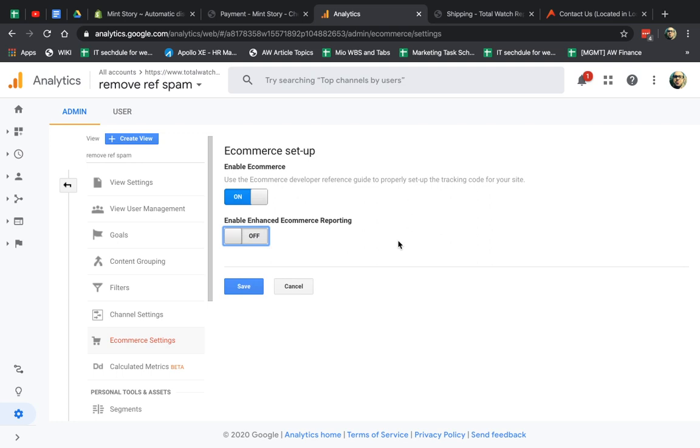Then your actual e-commerce shop platform, Magento, Shopify, WooCommerce, or anything custom, on the checkout page, excuse me, on the success page after someone paid for an order, you trigger some code to send the data to Google Analytics. So, for example, the amount someone paid, which products they ordered, the quantities, the shipping amounts, the promotions, etc. So, this is the first thing you need to do, right? You set up e-commerce, then you have your platform do it.